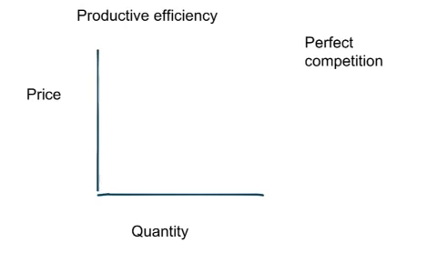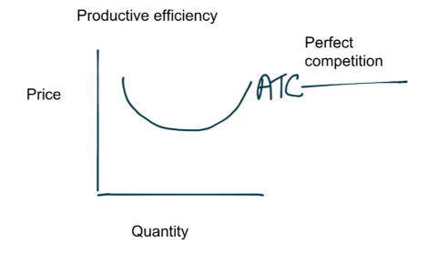Okay, so you see here that we've now switched to the idea of productive efficiency, and we're going to first look at it in terms of perfect competition, and then we'll go on to the monopoly. So perfect competition is pretty easy because it's something that we've already gone over before. We have the average total cost curve, and then we have the low point of the average total cost curve. And when we have a situation, which we have in the long run in perfect competition,